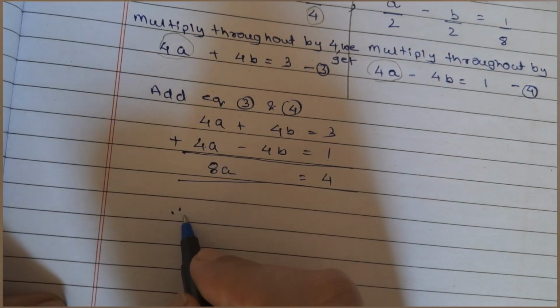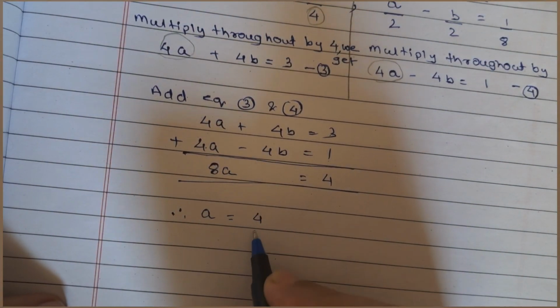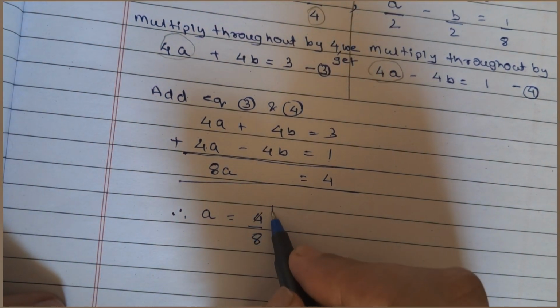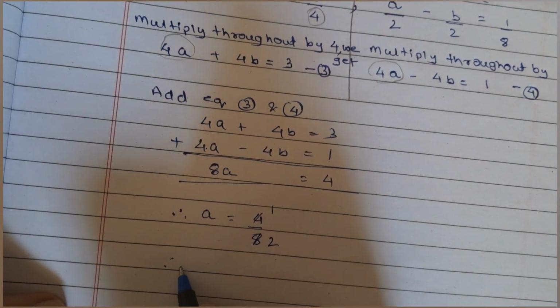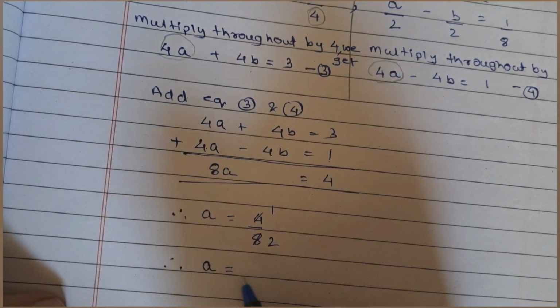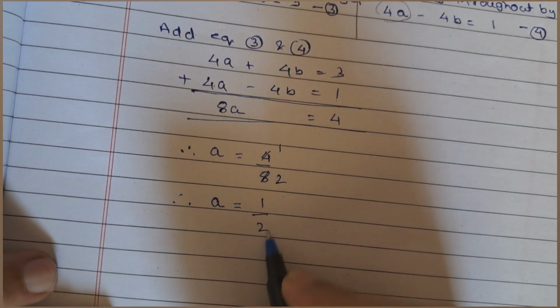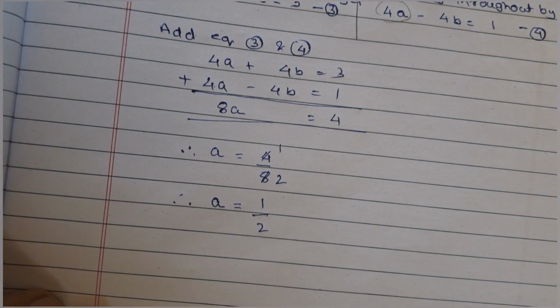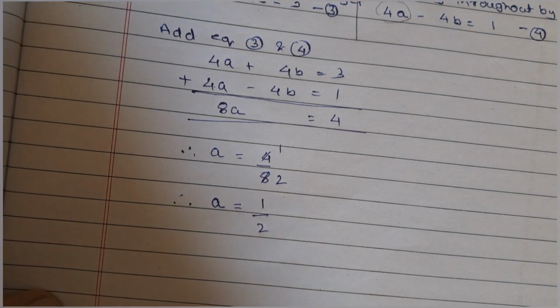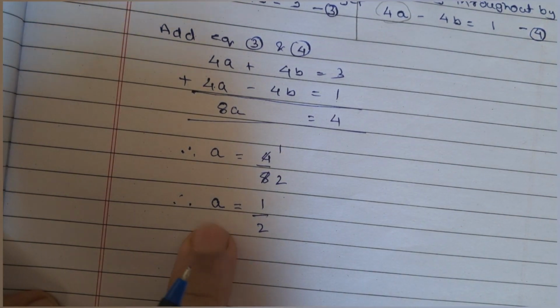So finally, A is equals to 4 upon 8. Just I brought this 8 over here. 4 1s are 4, 2 4s are 8, and I hence have the value of A as 1 upon 2. Fine now. Now what I have to do is, using this value of A, I need to find its pair